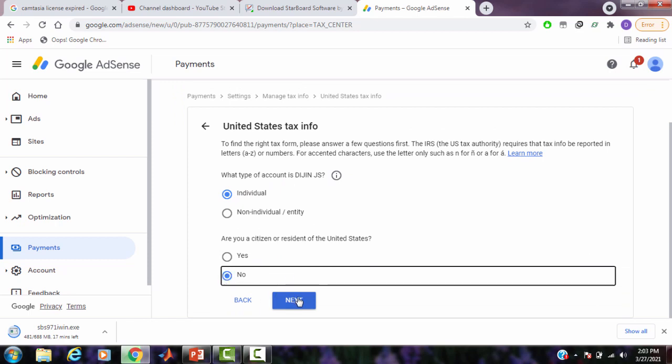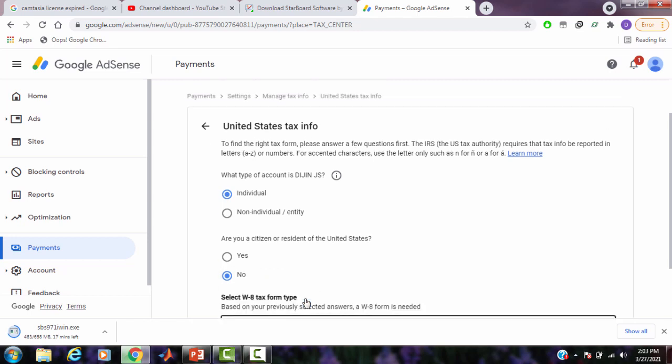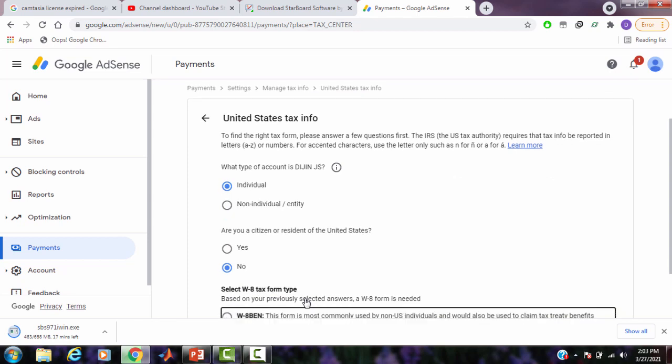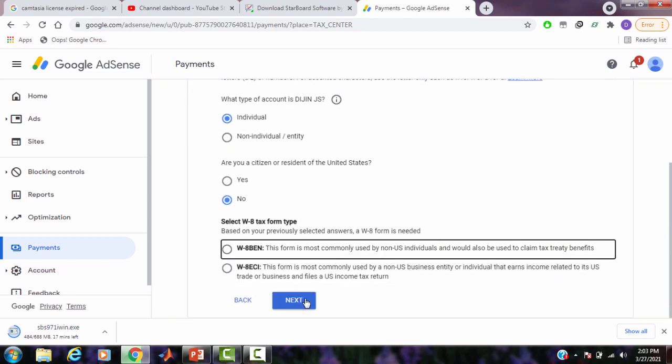Select No. Click Next again. The next message is about the W-8 tax form type. Actually, the W-8BEN tax form type is commonly used by non-US individuals. So you select the W-8BEN tax form and click on Start W-8BEN form.